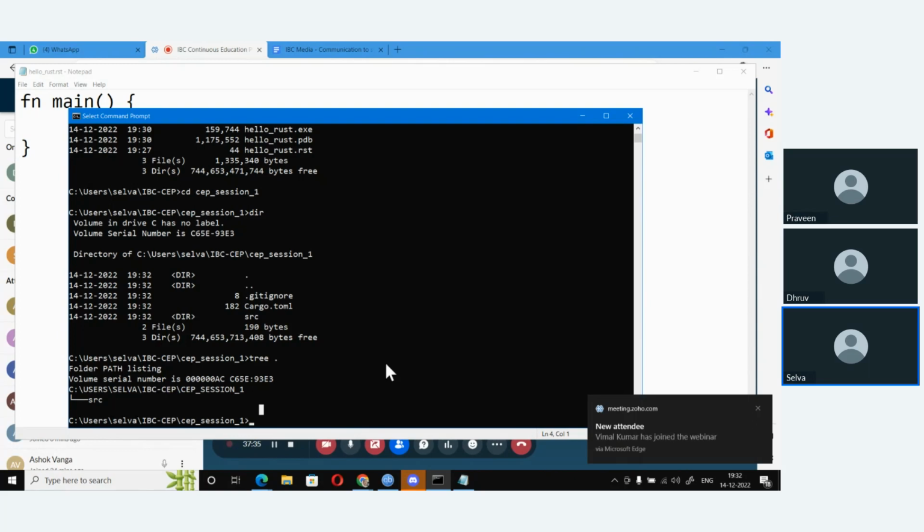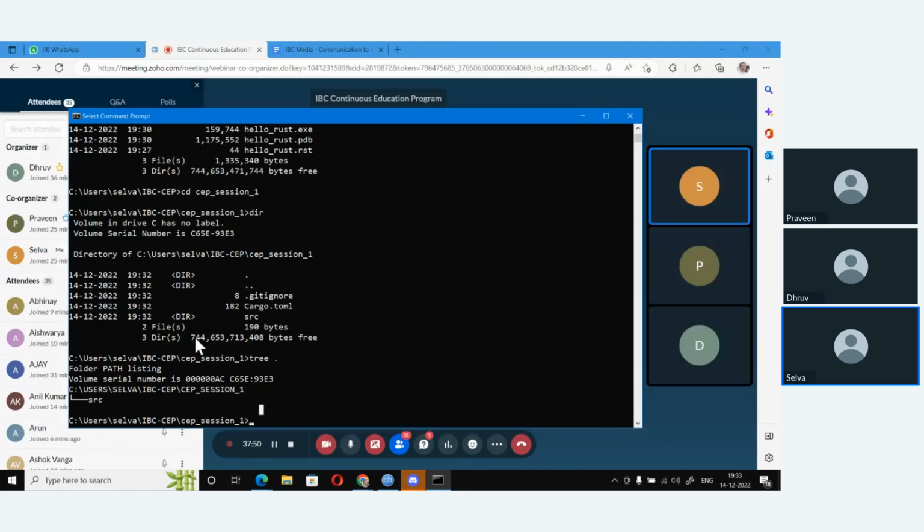I have already installed Visual Studio Code with all the required Rust extensions that we need. In order to invoke Visual Studio Code, you don't have to use the start button. You can directly start it from the command prompt itself.